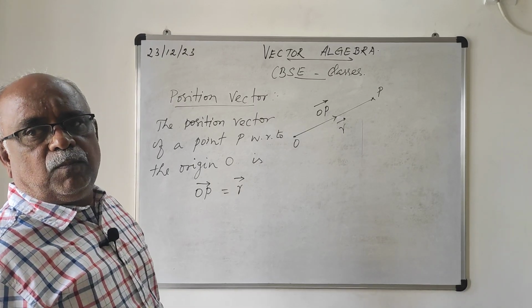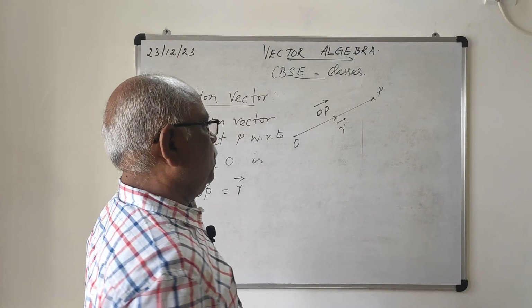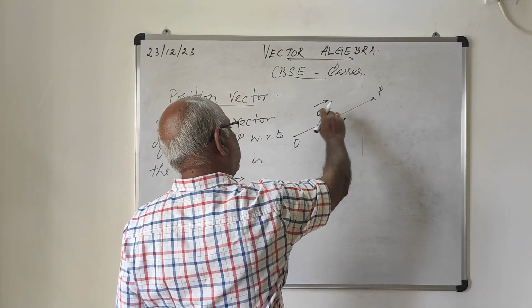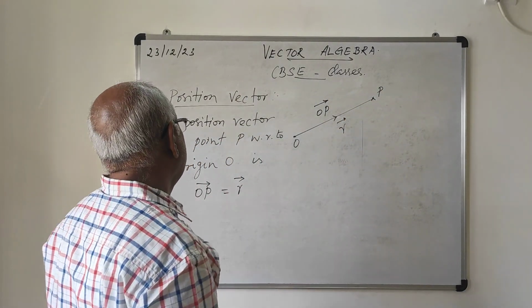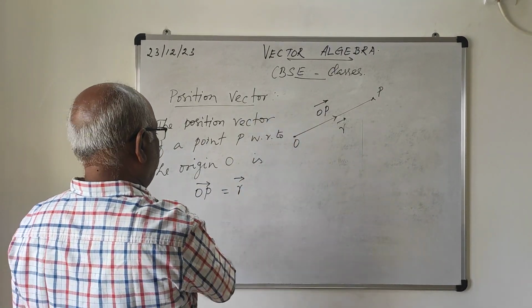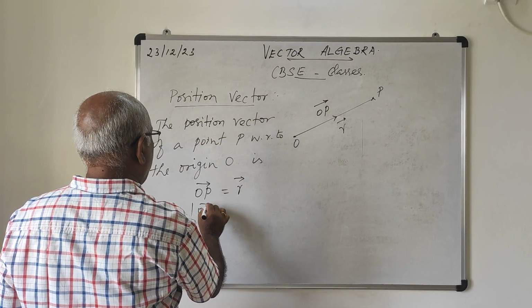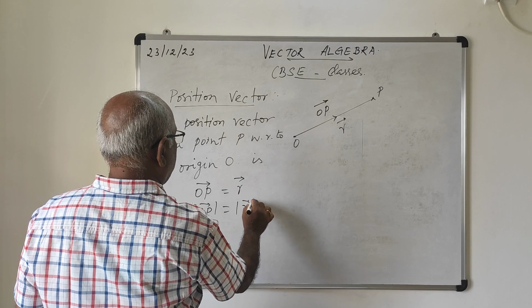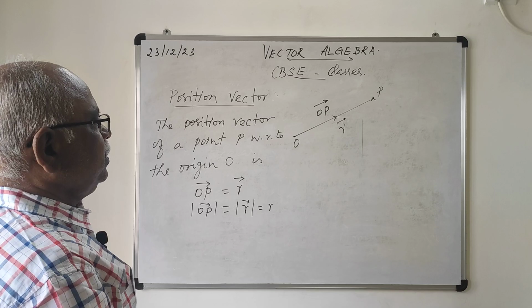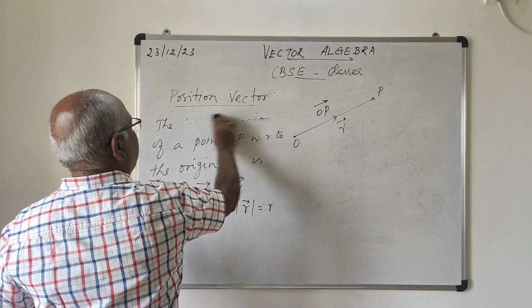The position vector has the initial point always origin. With respect to the origin, any point defined is called OP vector, and this direction is from O to P. This is called the position vector. The modulus of the OP vector is equal to modulus of R vector. Magnitude can be defined by mod of OP vector equal to modulus of R vector, which we can call R, distance R. So the position vector is with respect to the origin, any point P, its position vector is OP. Next,